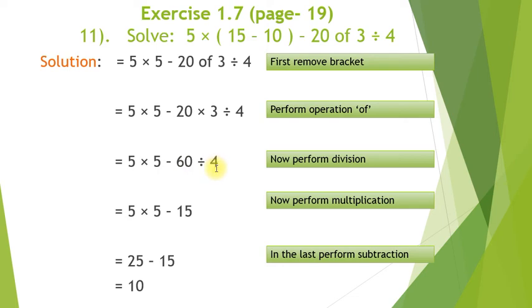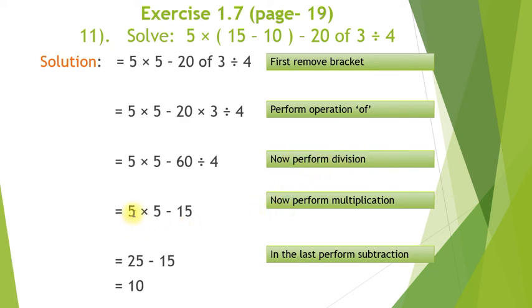After the OF operation we get division, BODMAS rule. So we will solve the division part, that is 60 divided by 4. When we divide 60 by 4 we get 15, because 15 fours are 60. Now 5 multiplied by 5 will be written in the same way. We will copy it from the above value, then divide 60 by 4, we get 15. Now we have performed the division.